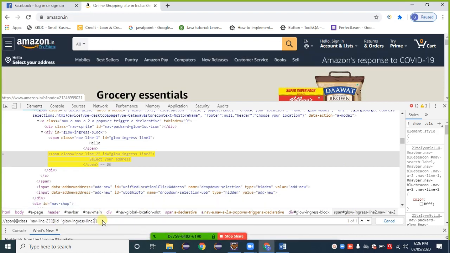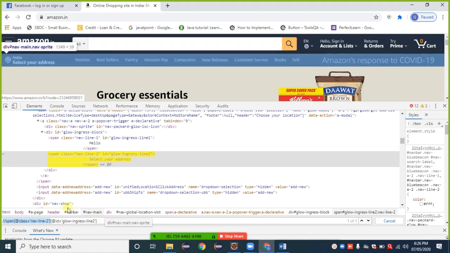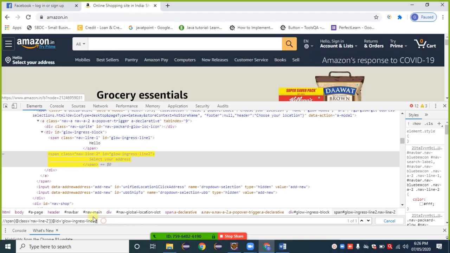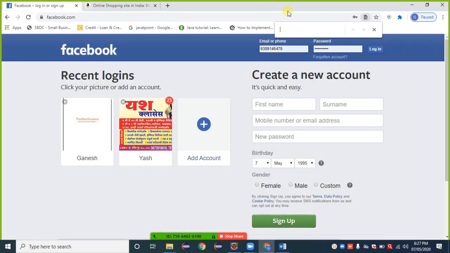What is our function? Our function is to find a unique attribute. By which way we are finding it is not important. I know that ID is unique. If I provide ID, a single attribute, that also works, no doubt. But just for showing you, I am giving two attributes here. What is a two-attribute XPath? That is what I am explaining here. We can provide two attributes and their values, and that also works.